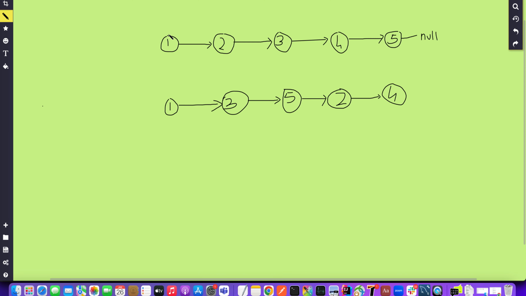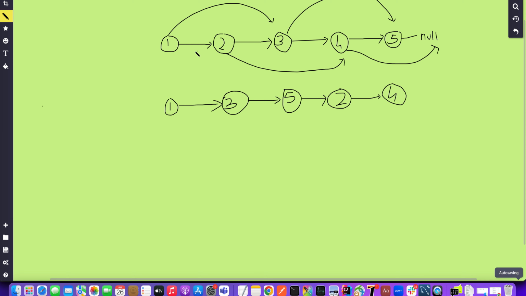So this 1 will point to this 3, and this 3 will point to this 5, and similarly this 2 will point to this 4, and this 4 will point to null. Since 1 will point to 3 now, this link will not be there. This 2 is pointing to 4, so this link will not be there. Similarly for this and for this as well. So now what it becomes is, 1 is pointing to 3, 3 is pointing to 5,